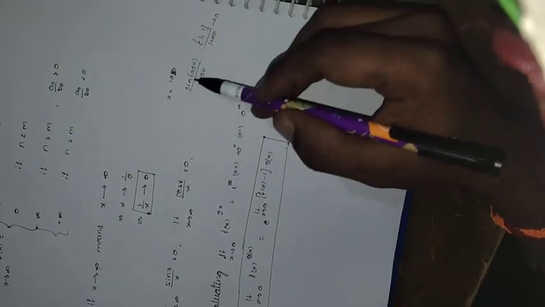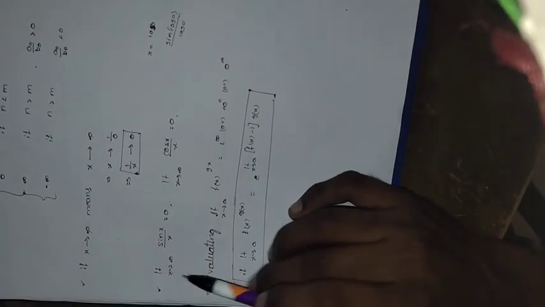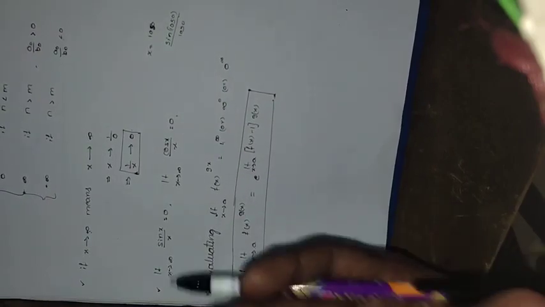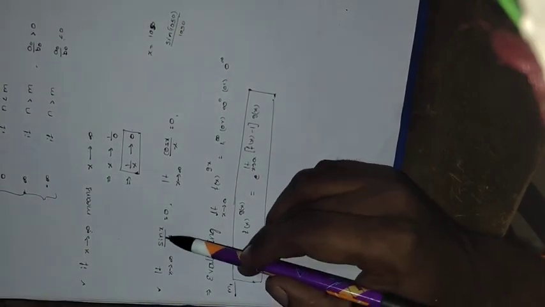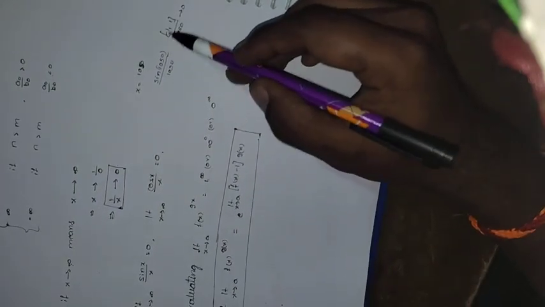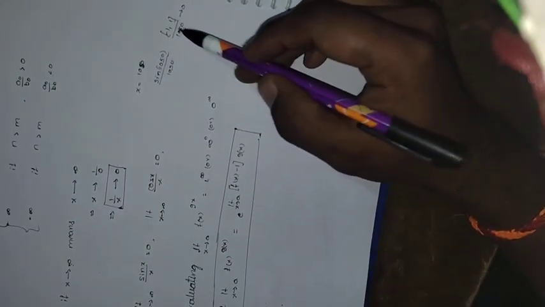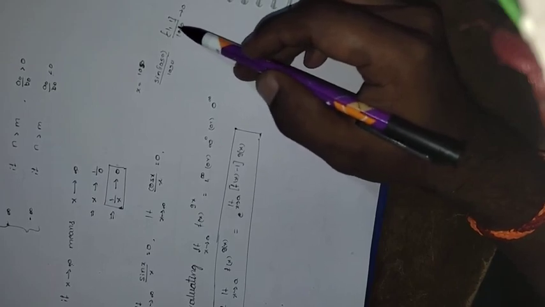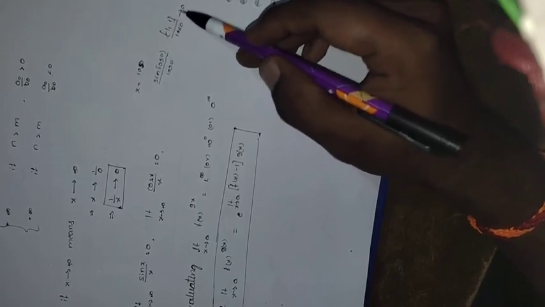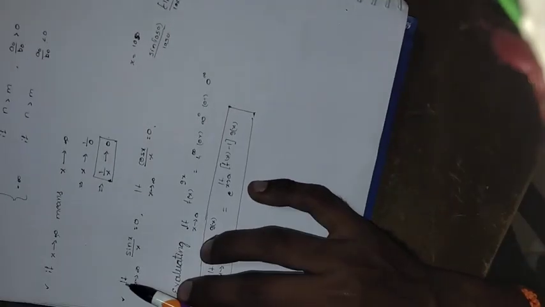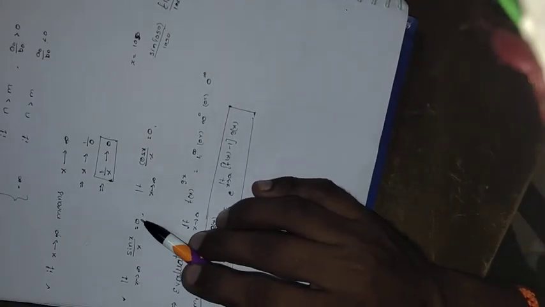So it is a proper fraction, and it is going to become 0. Why? Because x tends to infinity means the x value is taken as a very large value. Whatever value you take, the sin result always lies between -1 and +1. So this result is -1 to +1 by that large value, which is definitely a proper fraction. That is why the result reaches 0, and that is why the limit x tends to infinity of sin x by x is 0.